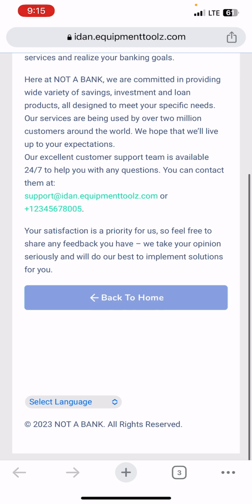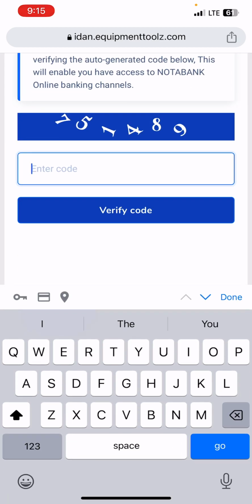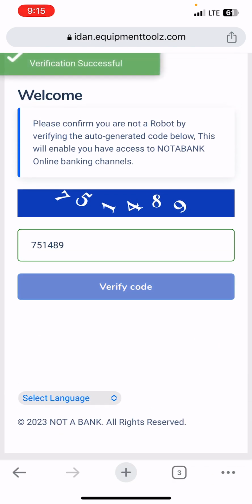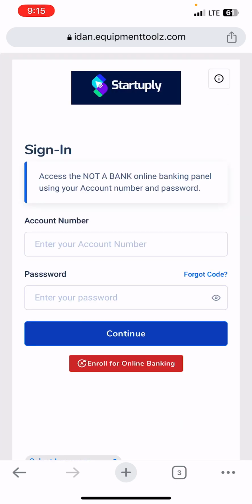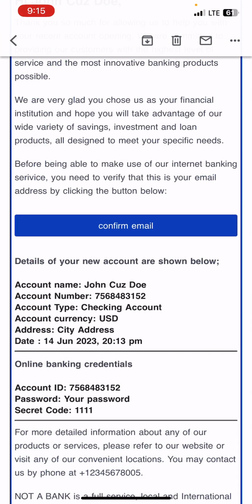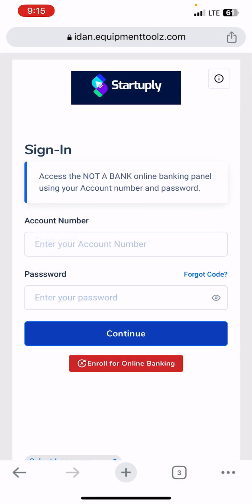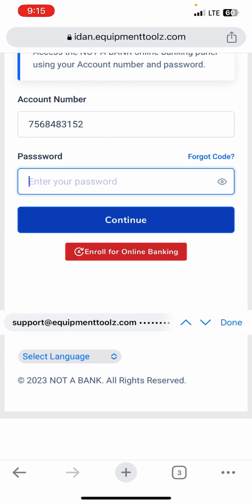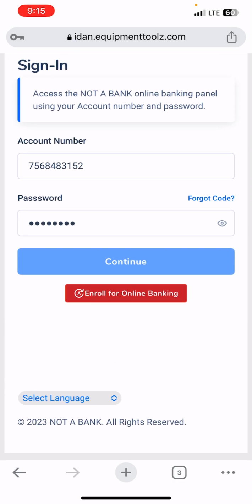So I'll just go back to home and enter this security code again, which normally changes at every particular time, just like your two-step authentication code. Once it's done, we'll come here, copy this account number, go back, paste it, and enter our password 1 2 3 4 5 6 7 8. Once we click on it, and voila,